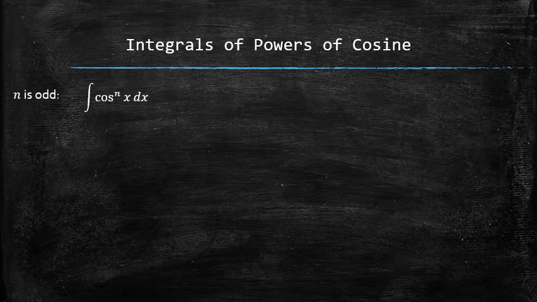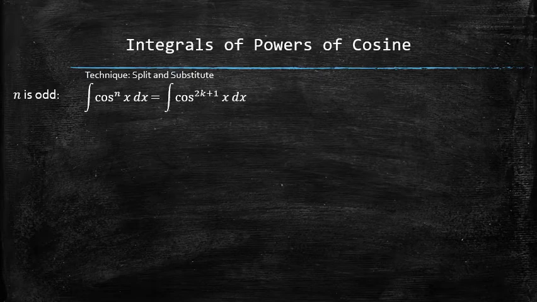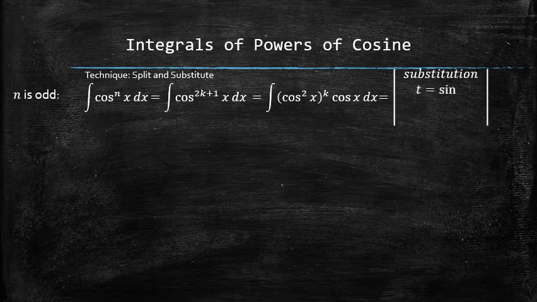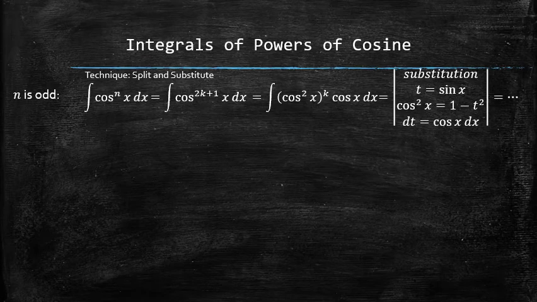When n is odd, we can use the split and substitute technique, in which we rearrange the integrand by chipping away a single cosine function to create a recognizable pattern. Then we set up the substitution by setting a new variable, let's say t, equal to sine of x, and finding the differential of t. Next, we plug everything into the original integral, and notice how, because of the discovered pattern, we have nothing but a polynomial in terms of t left in the integrand. We can finish the process by finding the antiderivative and plugging the original function sine of x back for t.